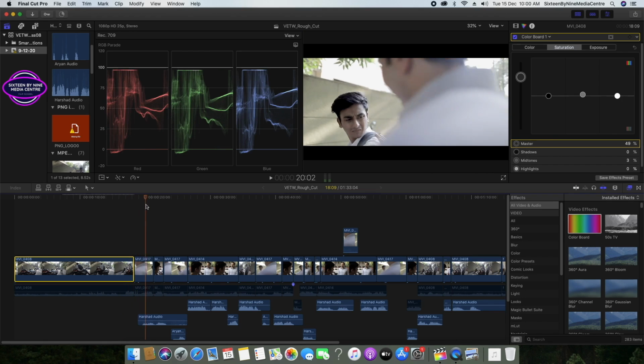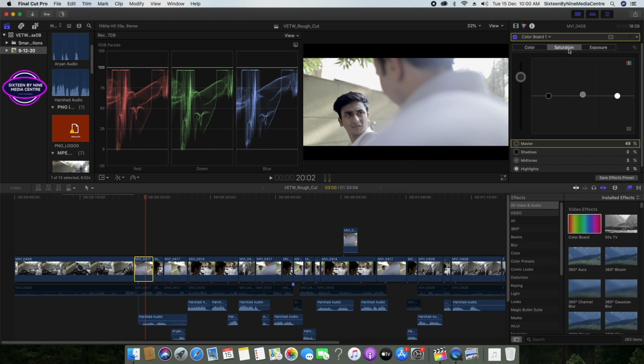So let us come here also and go to the color board and saturation part, and let me improve the master saturation. You can see the face became much more cinematic, if I use a layman's term, but actually it is more saturated. It is not just brightness, but the colors also. They are more saturated. You can see the changes. Even the leaves, you can see. Everything is more saturated. The shirt, everything.